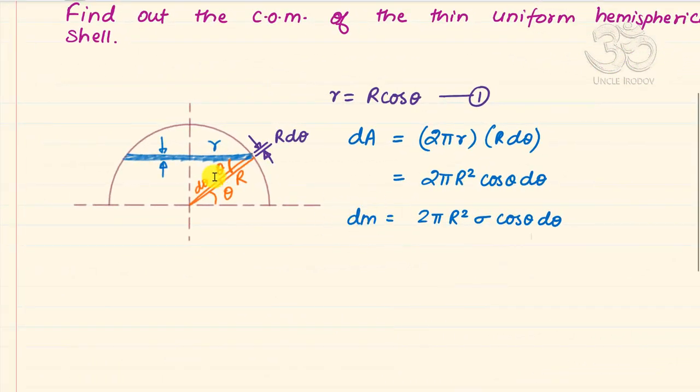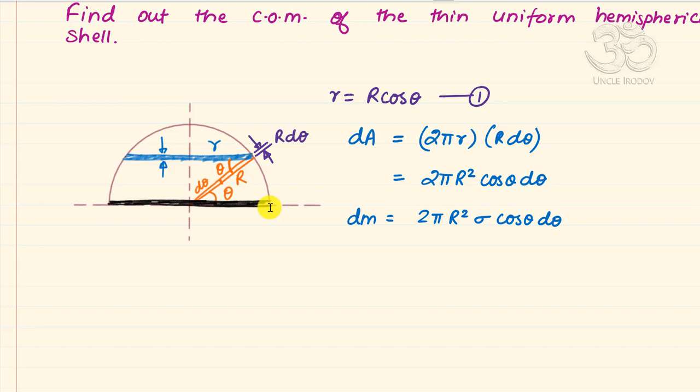So once we have the mass of this blue ring, we know that we can repeat the same process for any ring if we keep on changing the value of theta. So as we change the value of theta from some lowest value, which I know is 0, to some highest value, I'm going to take into account all such rings. And my theta should only vary from 0 to 90. When theta is 0, I'm talking about a ring that is at the very base, the black colored ring, this one, that's the equatorial ring if you wish.